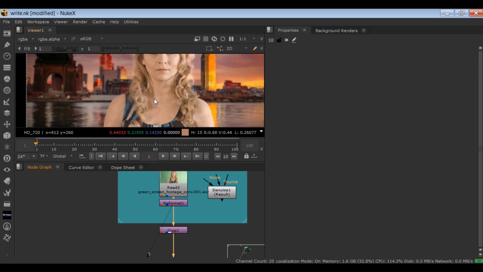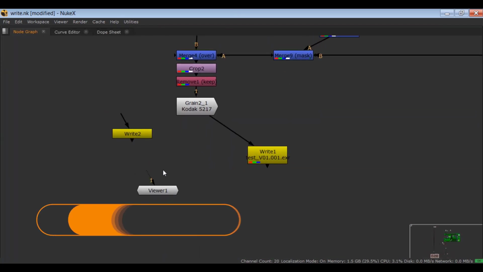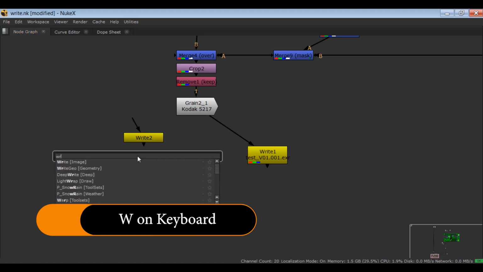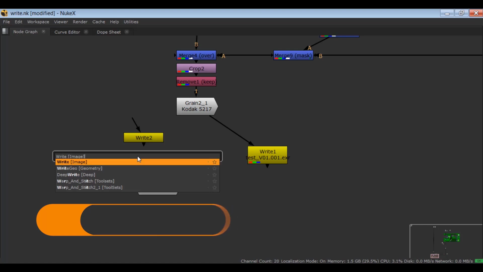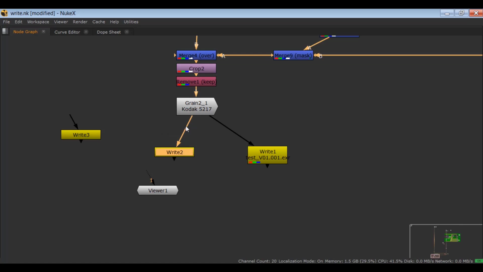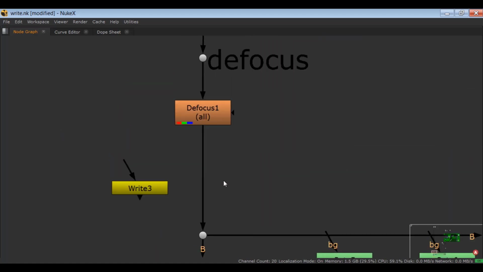So I want to export this script out of Nuke and send it to the client. Hit W for loading the write node, or hit Tab and type write. Then put it at the end of the comp. Remember, any place you put the write node, it will read upper stream level of data. For instance, if I put it after this defocus node,